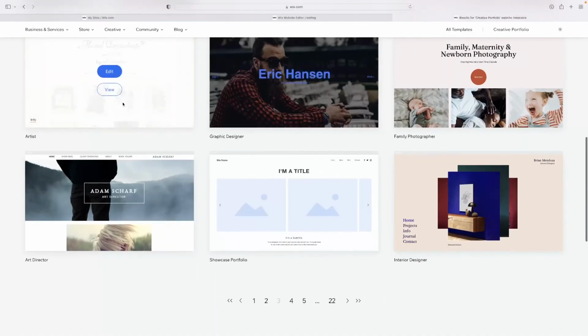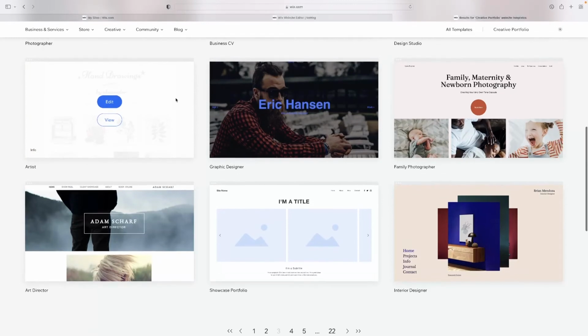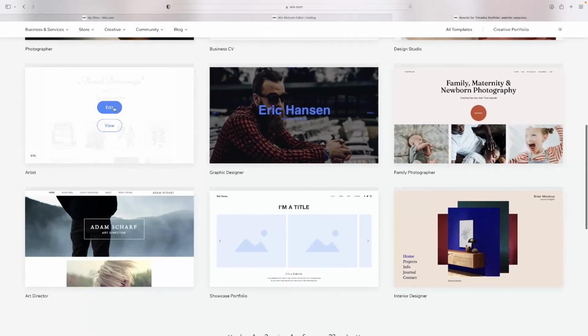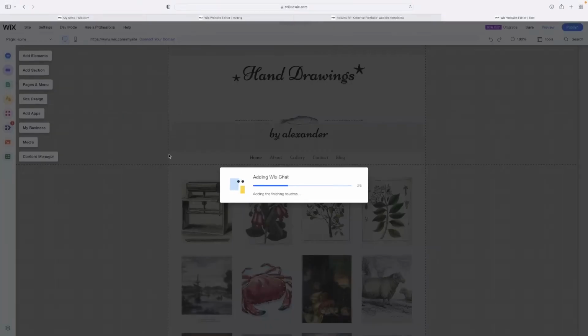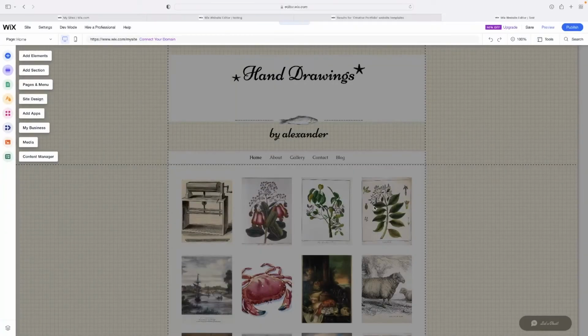So if we go for something like that, when you hover over them, you can edit it and just view the site as well. So if we go into the edit mode, that actually opens it in the website editor for Wix and adds it to the library of sites in your My Sites page. So automatically it'll appear there next time you log in. And it needs to add the features for a couple of seconds,